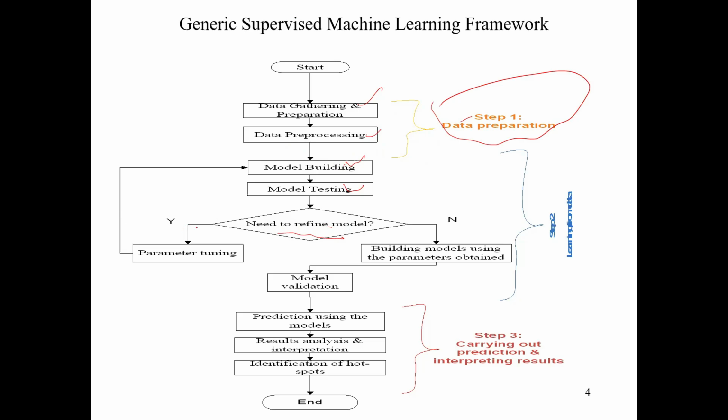Yes, the performance is not yet okay. Then do hyperparameter tuning. You have to go back, so you keep doing this looping until you are satisfied. You build the final model. You have model validation, prediction using the model to check your result, and then analyze your result, identification of hotspots,